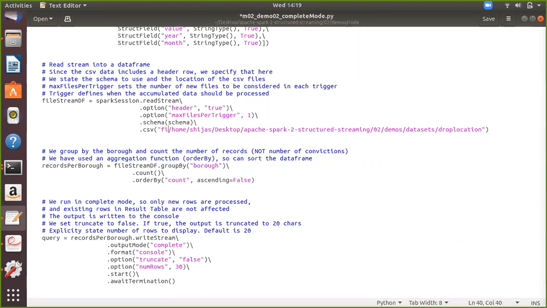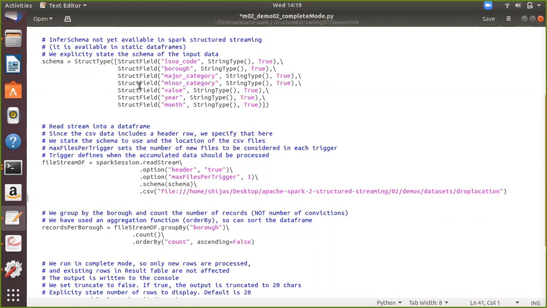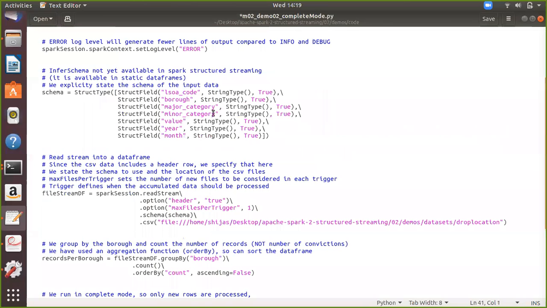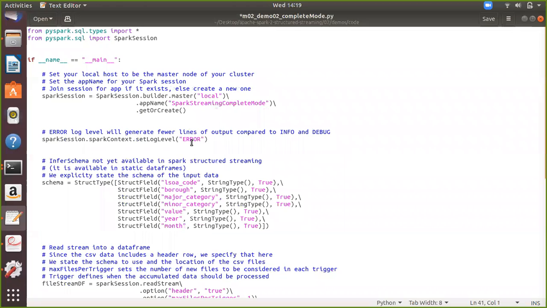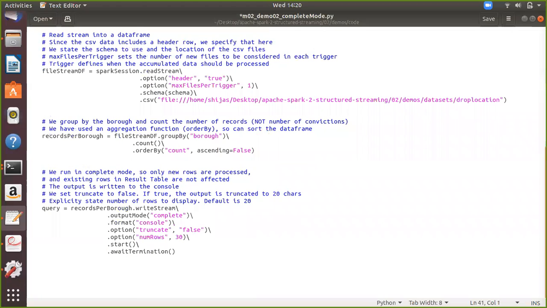I need to give the file. Okay, the location is changed, and let's save this.